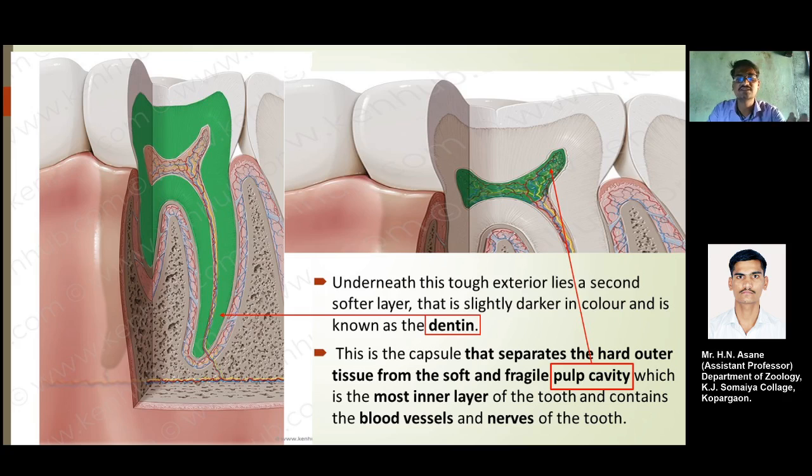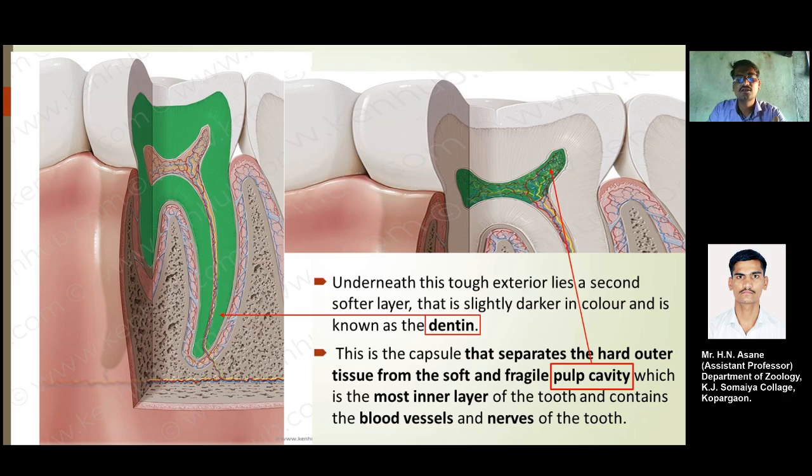soft layer that is slightly darker in color and is also known as the dentine. Okay, as you can see, the part highlighted in green is the dentine part. Okay, and it is slightly darker in color than the crown. Okay, as you can see in the right hand side picture, above that green shaded part,